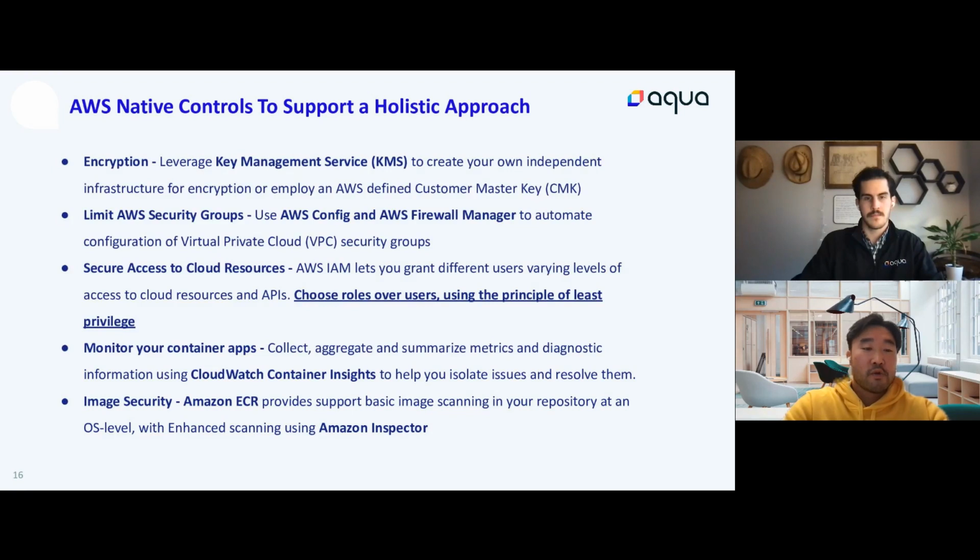And when it comes to image security, ECR, our container repository, provides some basic image scanning, an OS-level scanning, with enhanced scanning through one of our other vulnerability services, Amazon Inspector. And with a lot of these services that come with AWS, we try to make it easier for our customers to get a single pane of glass when it comes to vulnerabilities or security configurations and meeting the compliance that's required to run your